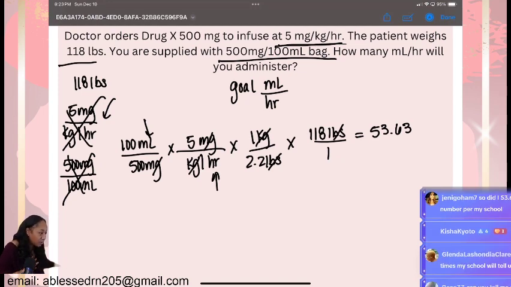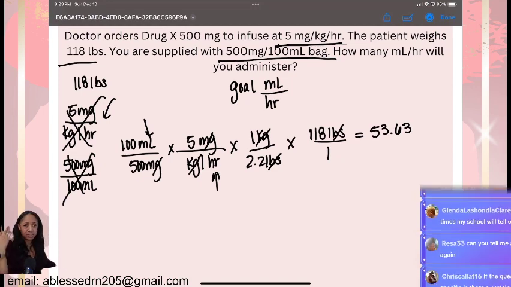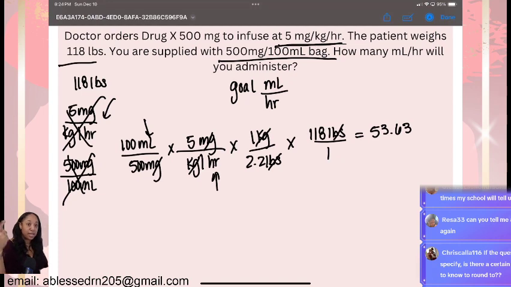So I did 53.6, round to the whole number per your school. Okay, that's cool. Like I said, however it's telling you, because sometimes it's included, sometimes your institution has already given you standing rounding rules or whatever. You do whatever it is to make you get that question right, because you worked hard, you saw the elements, you set it up, you multiplied, you used your calculator trick so that you got the right numbers. So I would hate for you to get the question wrong if you round it wrong, okay? So yes, a lot of times my school will tell us to round.